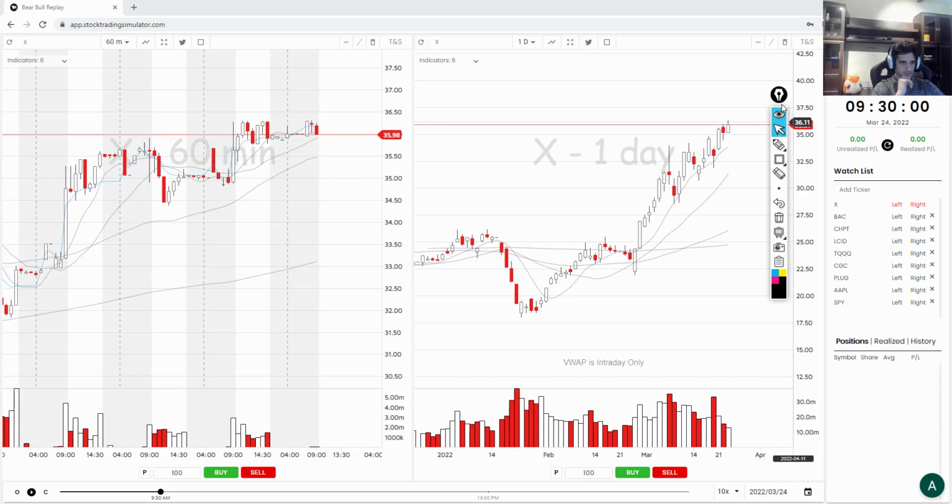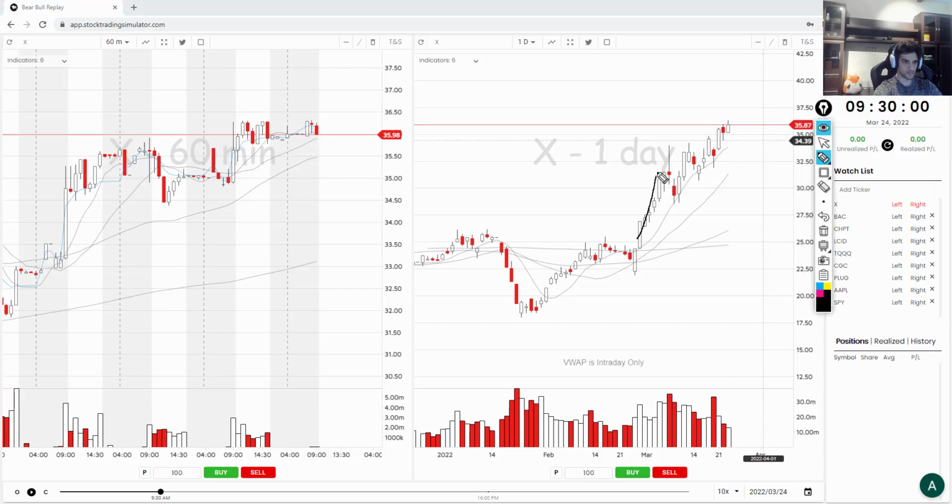Today I'm going to be talking about a trade I executed yesterday on X. It was a trend trade, and the reason I played this stock, first of all, is the daily chart. You could see that on the daily chart, X is on a strong uptrend. It is at all-time high. It is bull flagging for multiple days in a row, and on this day, 4 days ago, it closed as